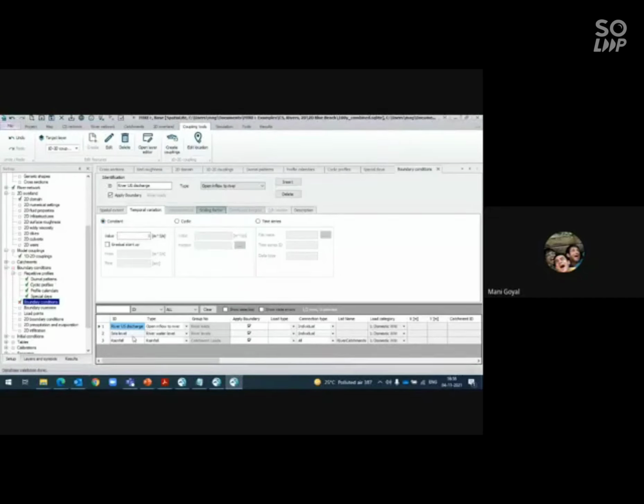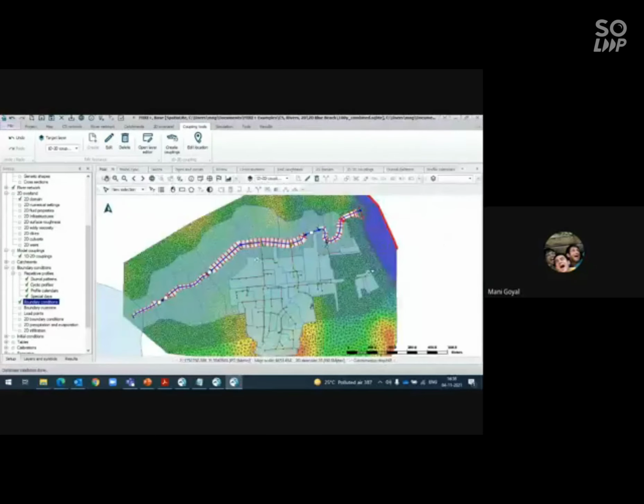Then if you are providing the rainfall, that also you can give. Then you see sea level. Sea level is the backwater effect from the river. So if I go to the map, there are two things. If flooding is happening in this part with respect to the collection system, the water will go into the river.